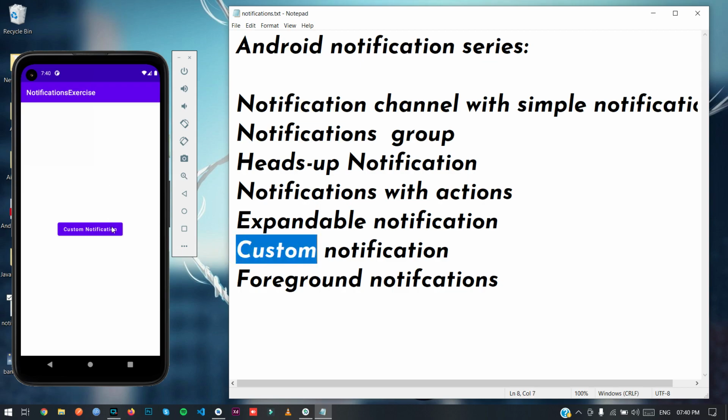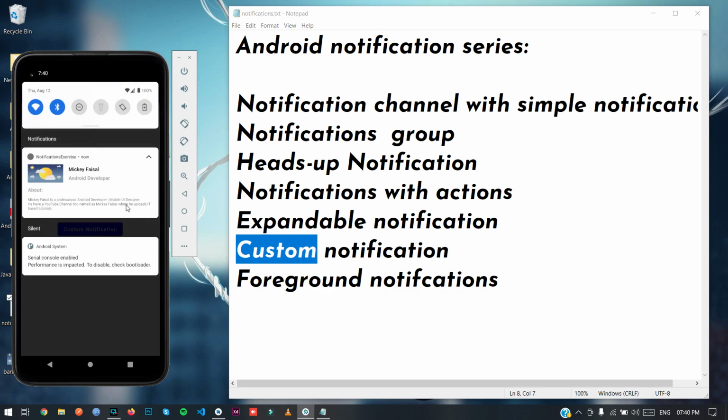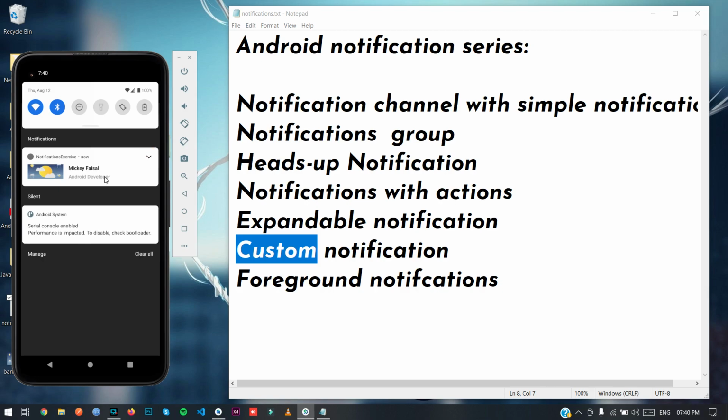demo. Here I've created a custom layout demo first. Let me show you. When I click on this button, here you can see that our notification is generated. As you can see, our notification is expanded already. When we click on this one, the notification is collapsed, and as you can see, I have created two layouts.